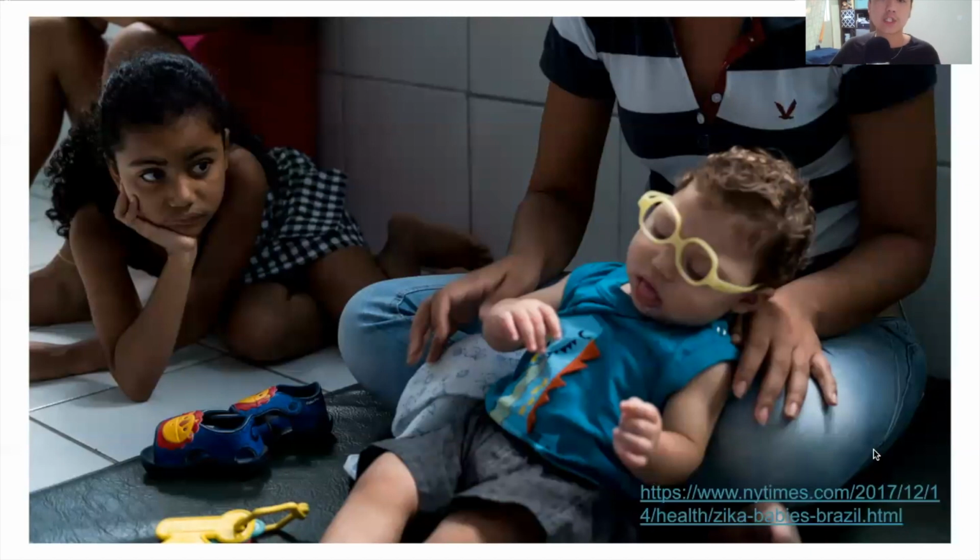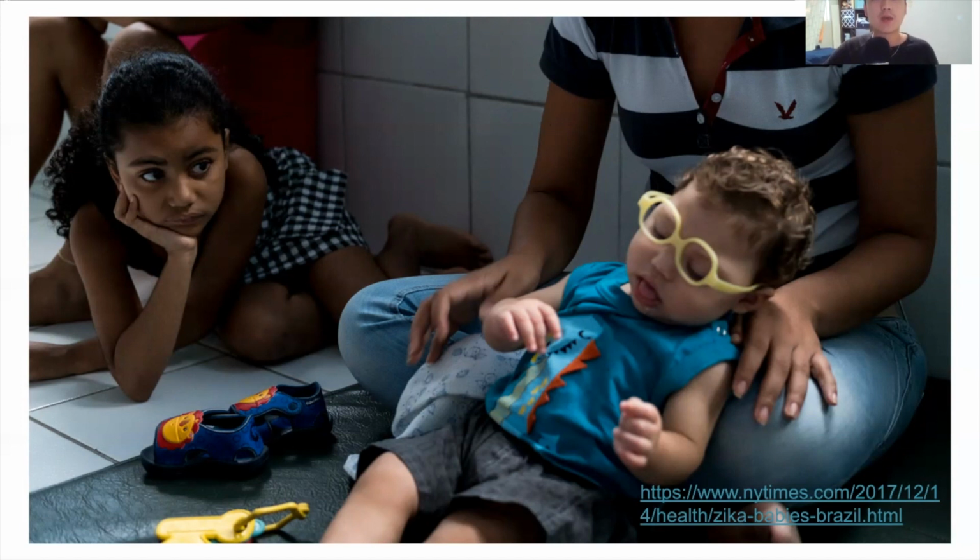And here's a New York Times article. It talked about how a child who has microcephaly, who is 2 years old, is comparable to that of a 6-month-old healthy and normal baby, right?